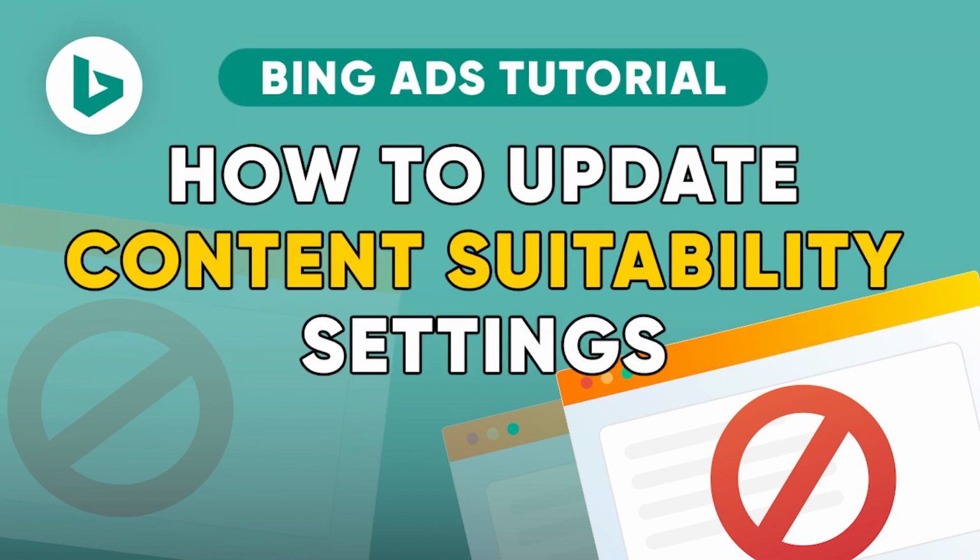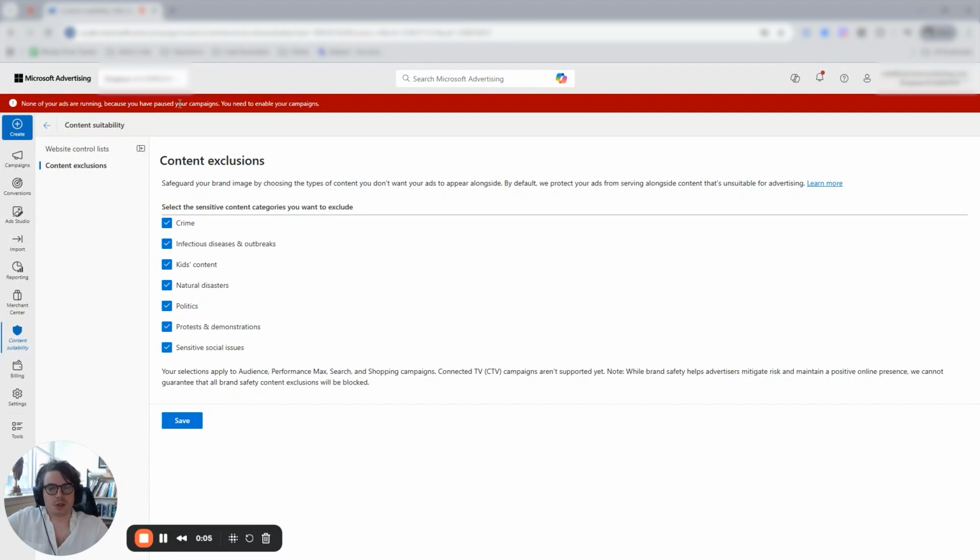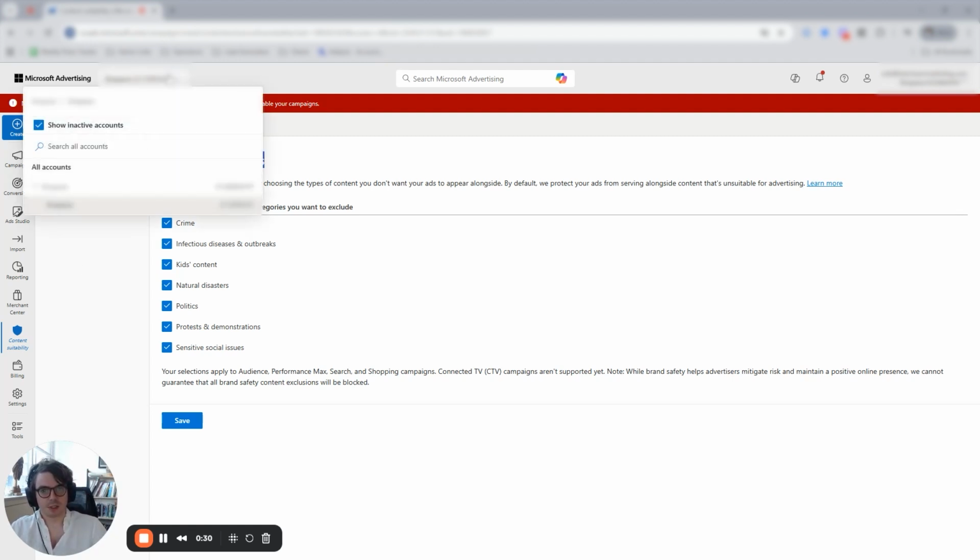Just wanted to make a quick video showing you how to update content suitability settings in Bing. Super important for Bing because Bing has a bunch of different pitfalls that will expand your search targeting into display and connected TV websites. So in order to update your content exclusions, first, you want to make sure that you